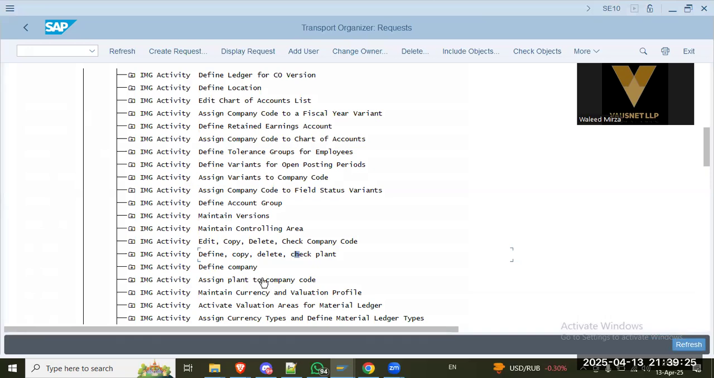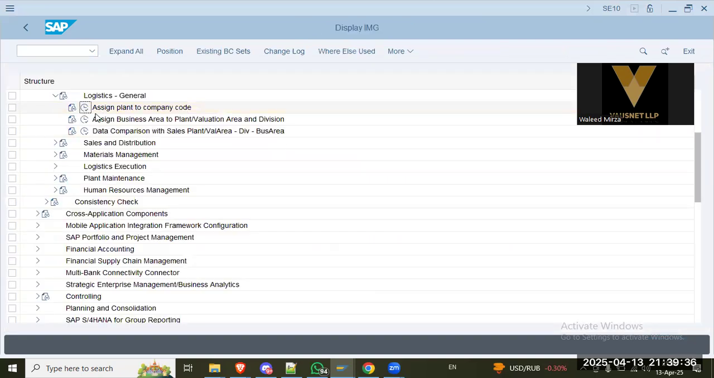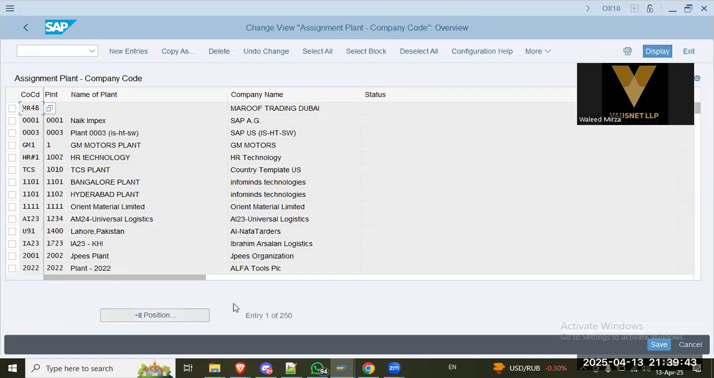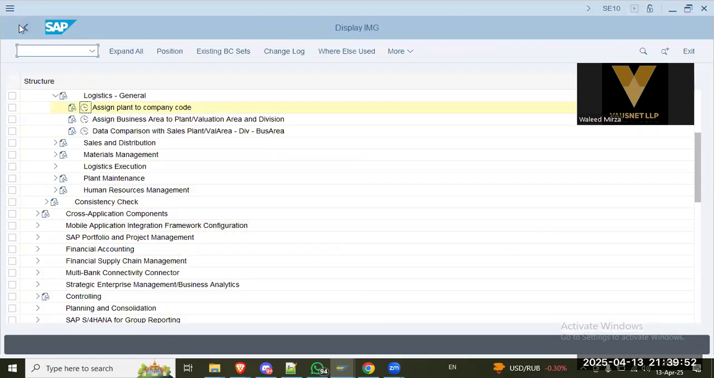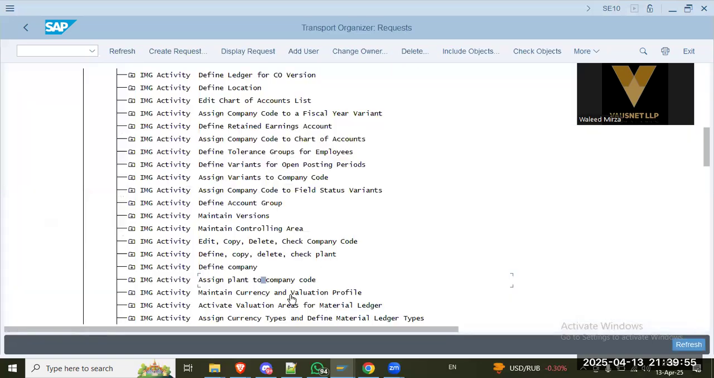Find plant to company code. Plant. This is an easy step. WGL is assigned with WGL. Okay. Then comes